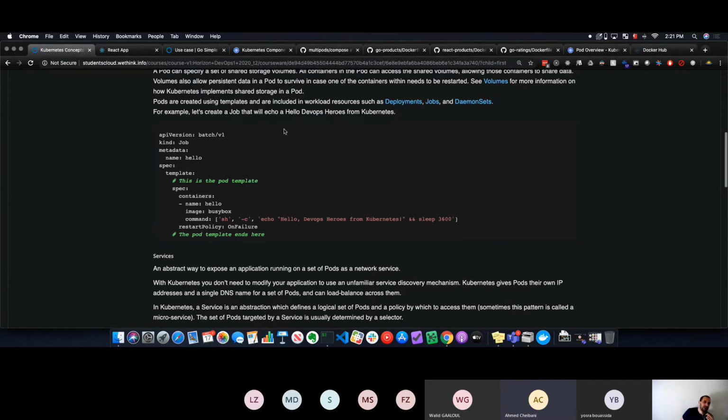So deployment and job are completely two different concepts in Kubernetes. So a deployment is a kind of a controller that will